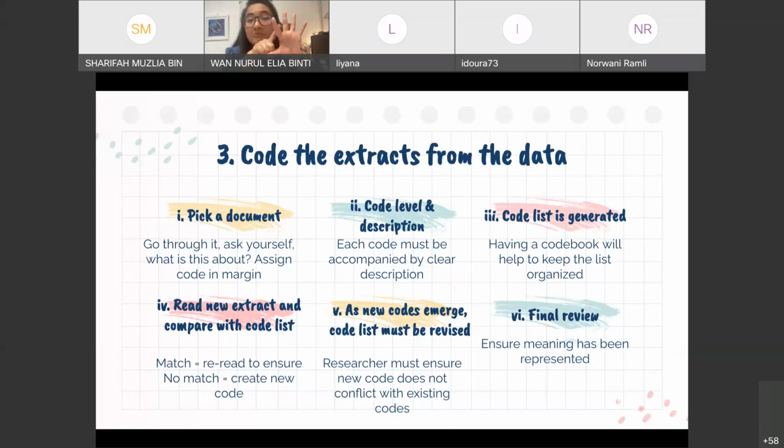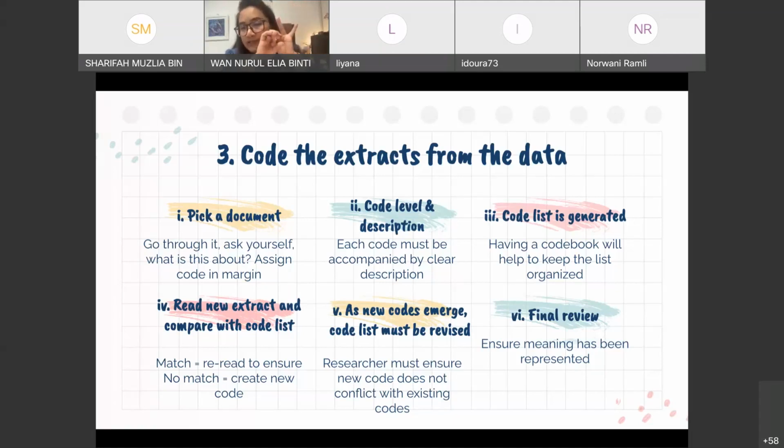Once you're done with participant 2, you move on to participant 3. You repeat the same steps. So let's say from participant 3, beyond the 11 codes, you found that participant 3 actually mentioned something entirely new. There are 4 new things mentioned, and they don't match the 11 codes that you have come up with earlier. So you add on 4 more codes to your code list.